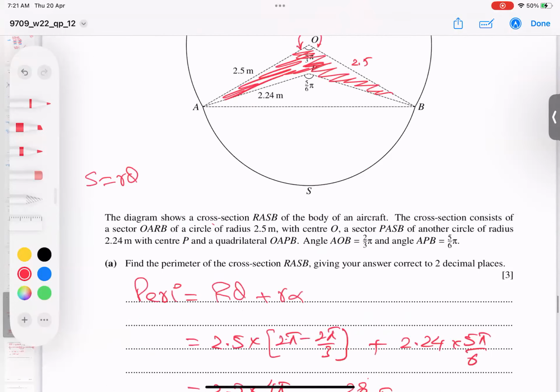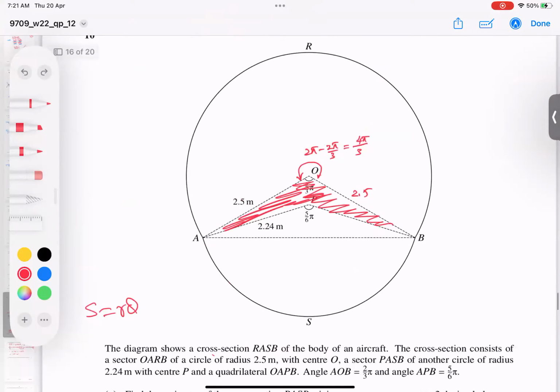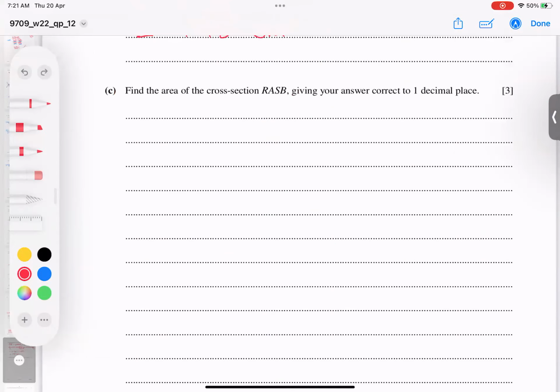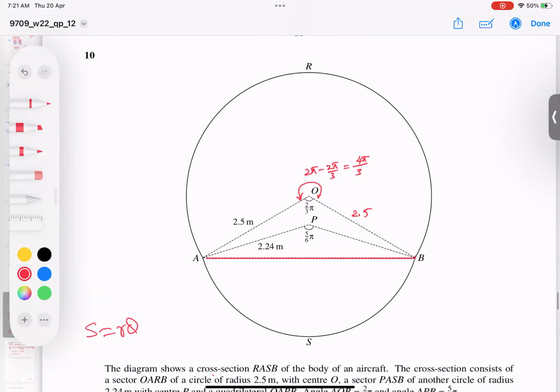So why do we need this area? Because of some reason, let's see another part. What is the other one asking? Area of the cross section RASP, 1 dp. RASP, where is RASP? And secondly, he is asking cross section RASP. R A, sorry, R is where? Okay. RASP. So he talks about the full area. And it's only possible